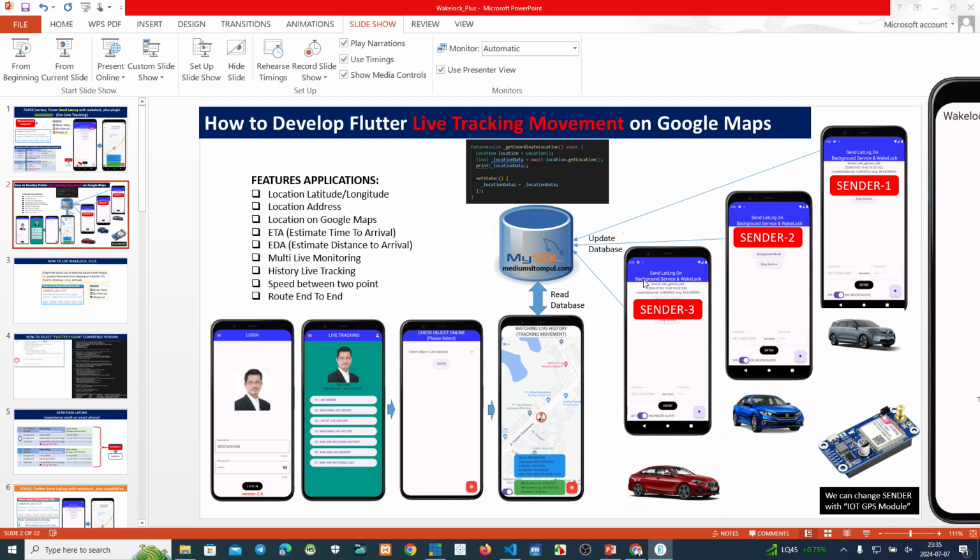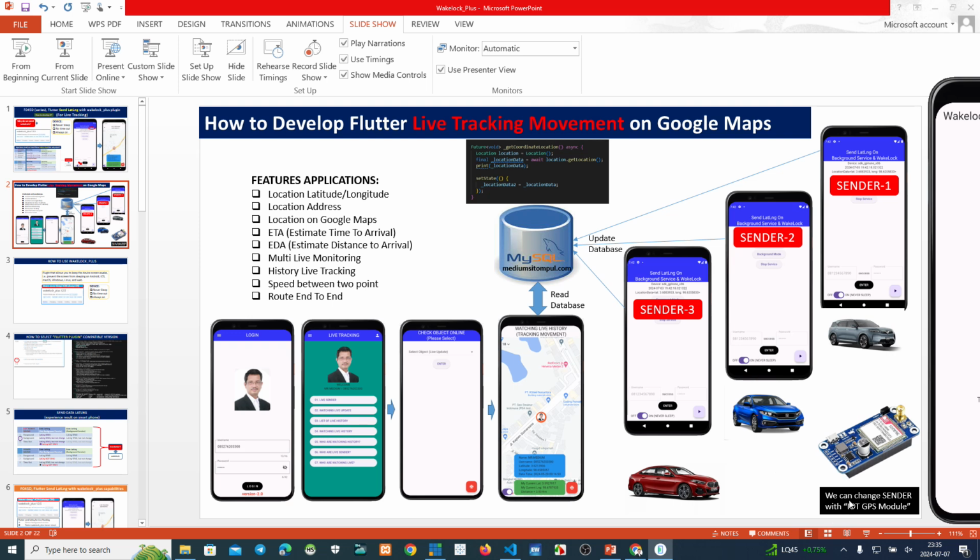Oke, next time maybe if you want to change this live sender from your smartphone to special device. This is a device live sender.